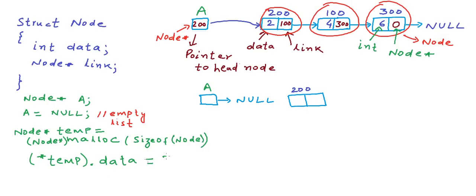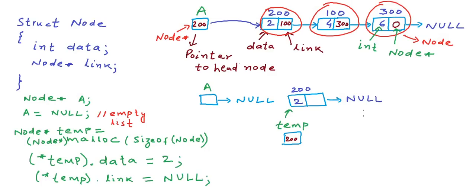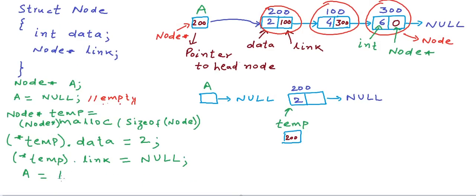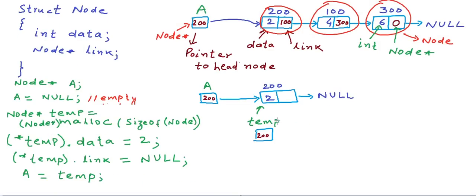So we will write a statement like this to fill in value 2 here, and we have this temp variable pointing to this right now, and the link part of this newly created node should be null because this is the first and the last node. And the final thing that we need to do is write the address of this newly created node in a. So we will write something like a is equal to temp. Okay, temp was to temporarily store the address of the node till the time we had not fixed all the links properly. We can now use temp for some other purpose. Our linked list is intact now.